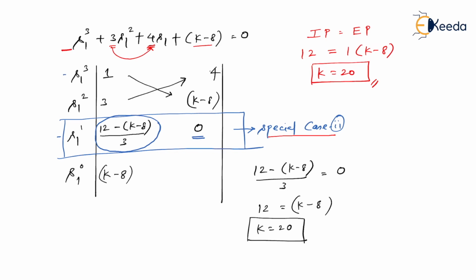I'm sure now these shortcuts were useful for you and you may use them in the GATE exam. But yes, you have to remember certain things: the internal product should be greater than the external product for a stable system, lesser than the external product for an unstable system, or they must be equal if you want your system to be marginally stable. As you go for the GATE examination, there are other subjects for which you have to remember so many things. So it might happen that you forget these shortcuts. Do not worry, you know the traditional method, you can still go for it. Thank you.